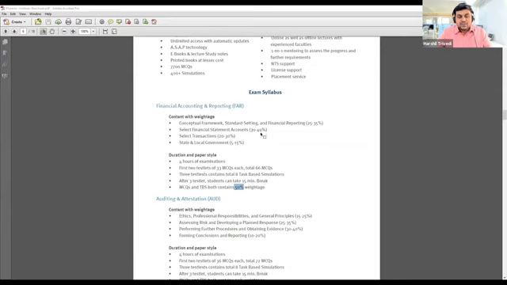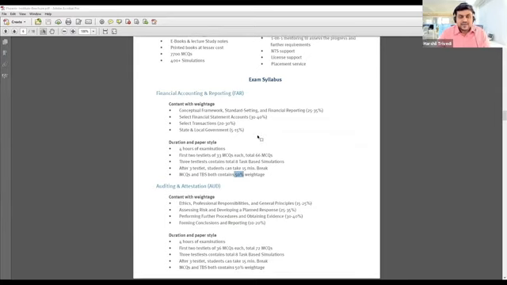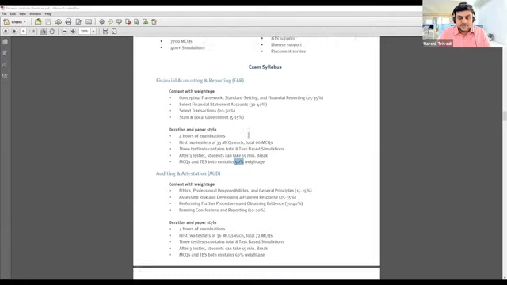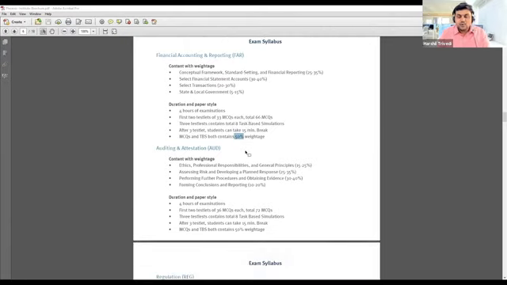Okay, so now let's discuss the second paper. The second paper is auditing and attestation. This is a really important and very interesting topic. I tell you guys, when you read this topic, you will fall in love with this subject. This is a really technical subject, in which you have to understand cause and effect relationships very well. There will be process cycles, analytical procedures, and case studies. Lots of things will be coming up which are really entertaining, and you need to understand each and every area properly.